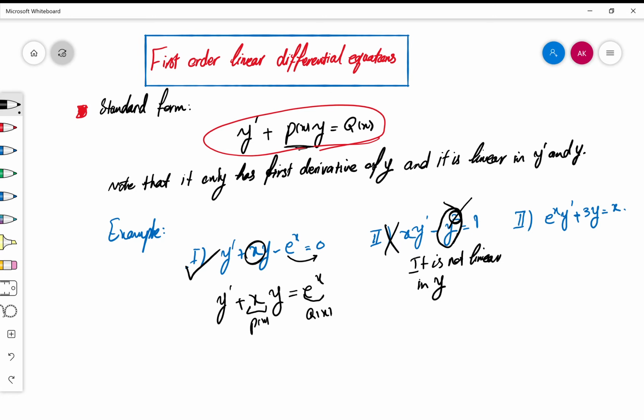This one, while I have a y prime term and a y term, they are multiplied by different functions of x and then added, equal to a function of x. It is linear because the y and y prime both have power 1, and they have only multiples of x functions, and they are added equal to the right hand side. Although this is linear, it's not written in the standard form. So its standard form,